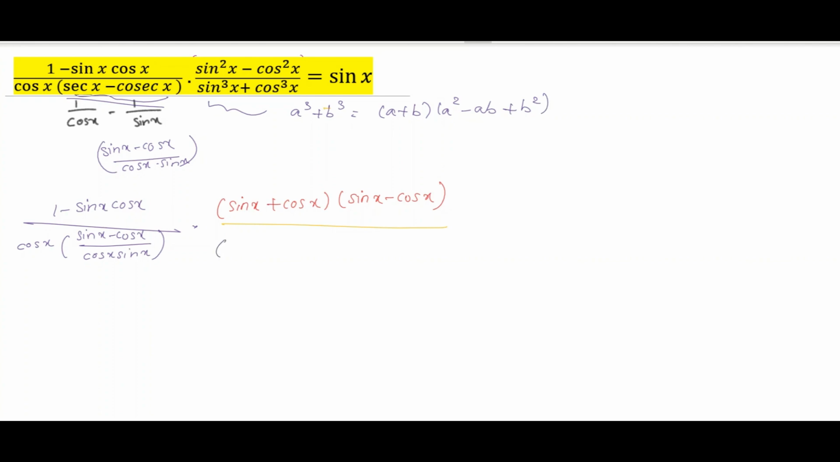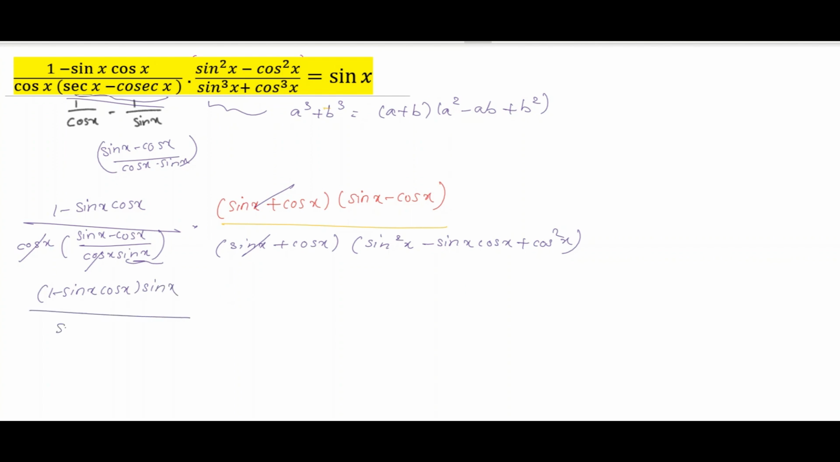So we'll write it down here. So it is like (sin x plus cos x) into (a square, that is sin square x, minus ab, that is sin x cos x, plus b square, that is cos square x). Now here if we see, we can cancel these two, numerator and denominator, and then we will have these two. And here again, the cos x and cos x can be cancelled. If we take this sin x to the numerator, as in the denominator we have a fraction, we can write the reciprocal of that. So we'll make it as 1 minus sin x cos x into this sin x here